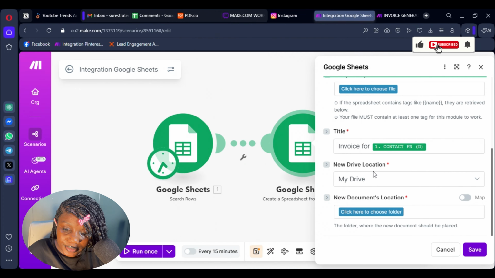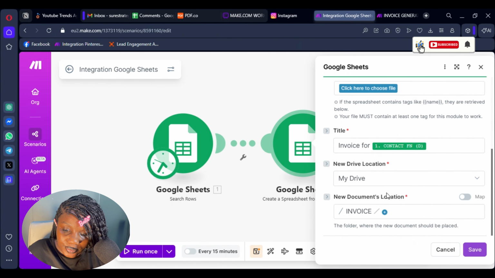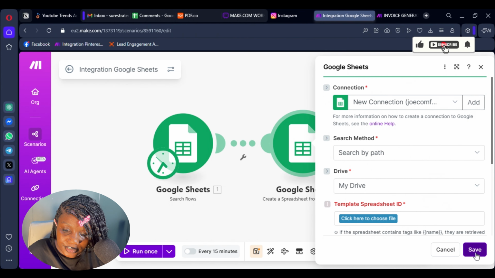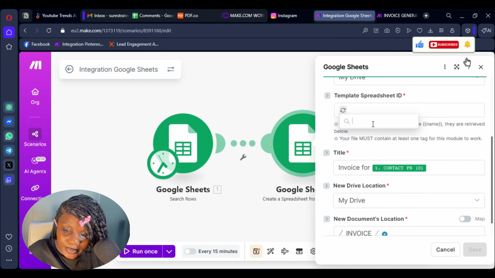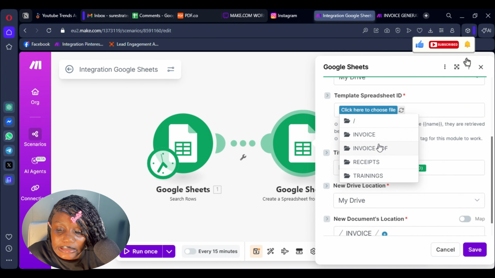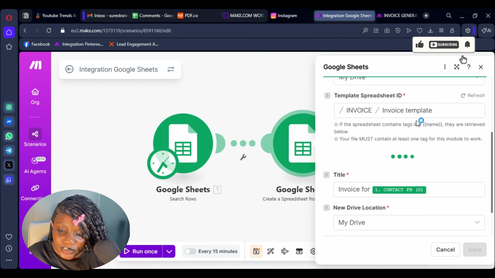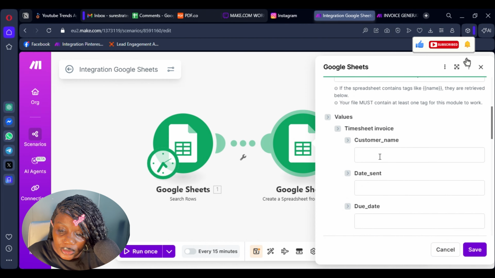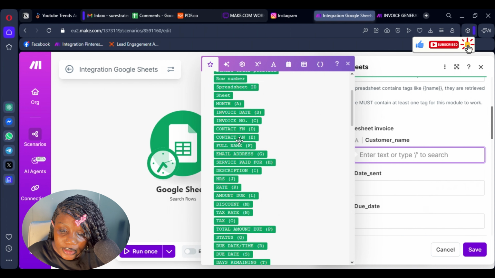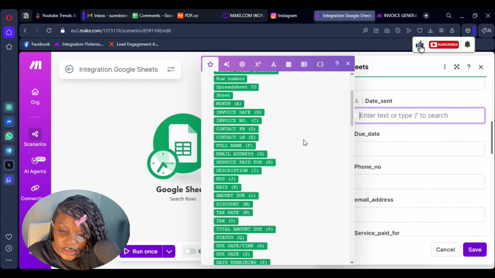So we load it up and then we say invoice here. We choose our template. I didn't choose that, so let's choose our template. So it's going to be here, and I think I should have one, yeah, invoice template here. And so the customer name is going to be this, their full name. The date it was sent is going to be